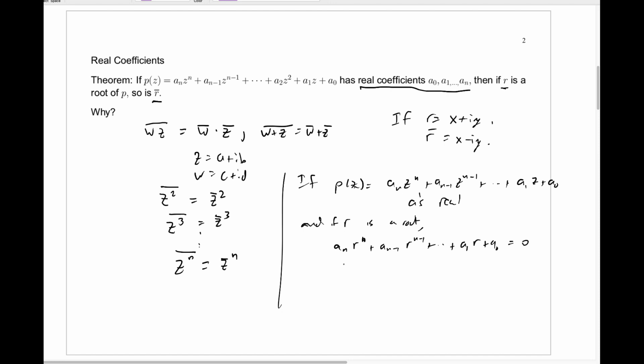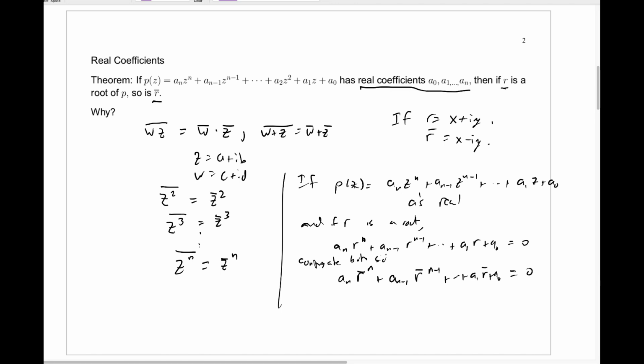If I take conjugates of both sides, the conjugate of 0 is just 0. If I take the complex conjugate of the left side, I get the conjugate of a sub n times the conjugate of r to the n. But if the a's are all real, the conjugate of a sub n is just a sub n, and the conjugate of r to the n, remember, is r bar to the nth power. And we do that for each term, a sub n minus 1, which is a real number, and then we'll have r bar to the n minus first power, and we keep going up to a1 r bar plus a naught. So here I'll just write we conjugate